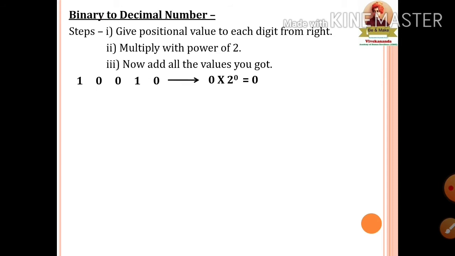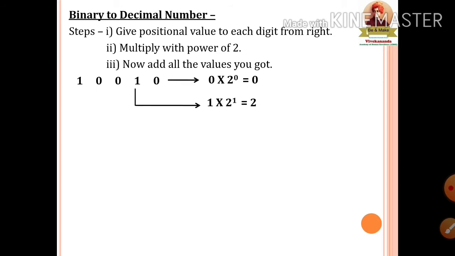As we are going to represent this number in the decimal number system, we are going to use its position as the exponent value to the base. So, being the first number at the unit place, we are going to represent its position with 0. So 0 into 2 raised to 0 will be the positional value of the number 0.